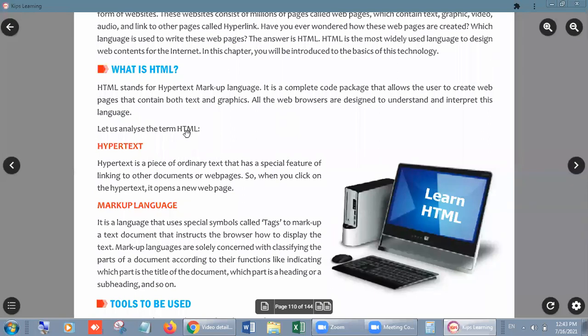Okay, next is hypertext. What is hypertext? In hypertext markup language, hypertext is a piece of ordinary text that has a special feature of linking to other documents or web pages. So when you click on the hypertext, it opens a new web page. But let us connect this hypertext with our daily life.